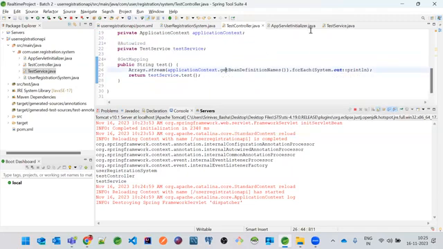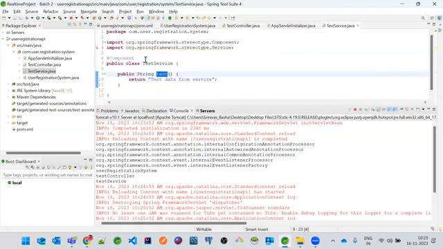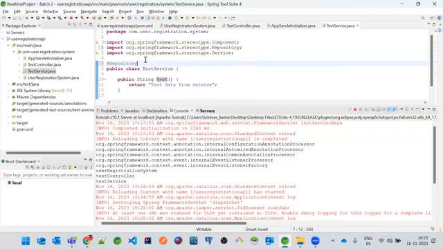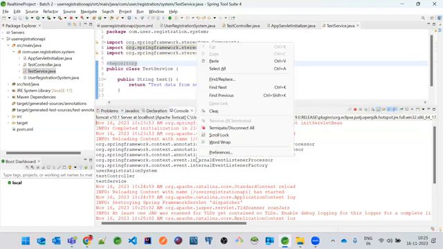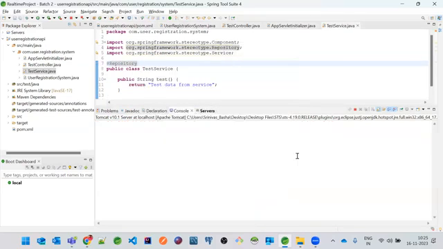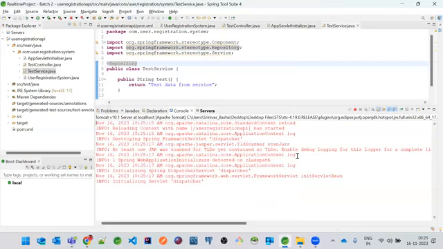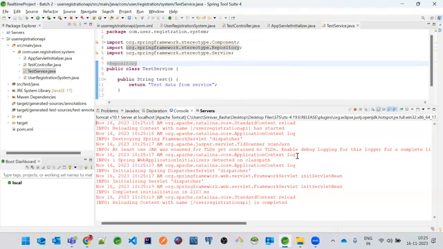Got it? Now, let's use another annotation, which is called @Repository. And let's see what happens. I just wanted to explain all these annotations. All these annotations are basically used to create an object for a class. But the same way we separate our classes with names, they have also separated these annotations with names.